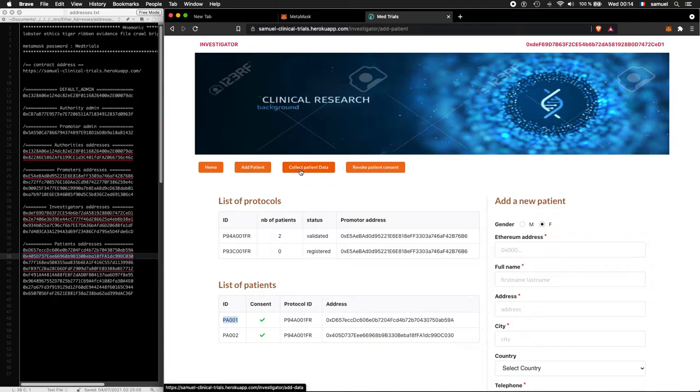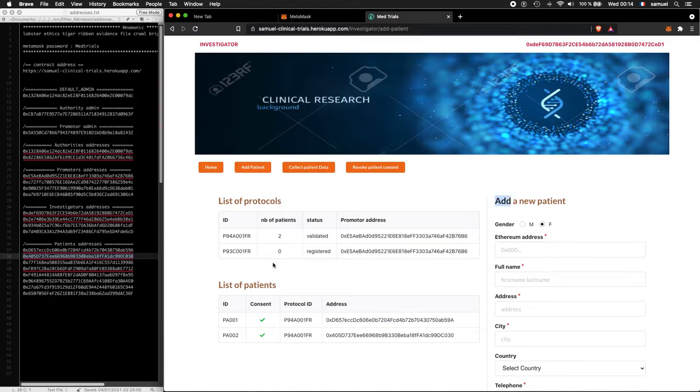For example, for the first trial, the patient just goes to the investigator and provides some data, and those data will be sent to IPFS and the CID registered to the contract.